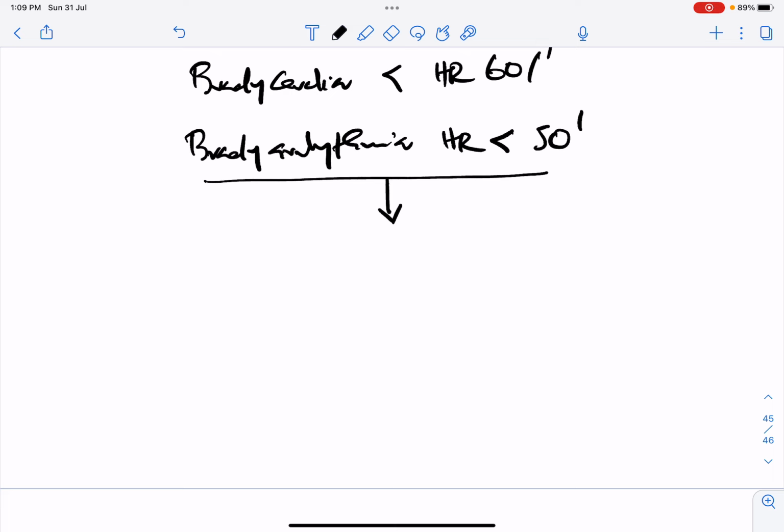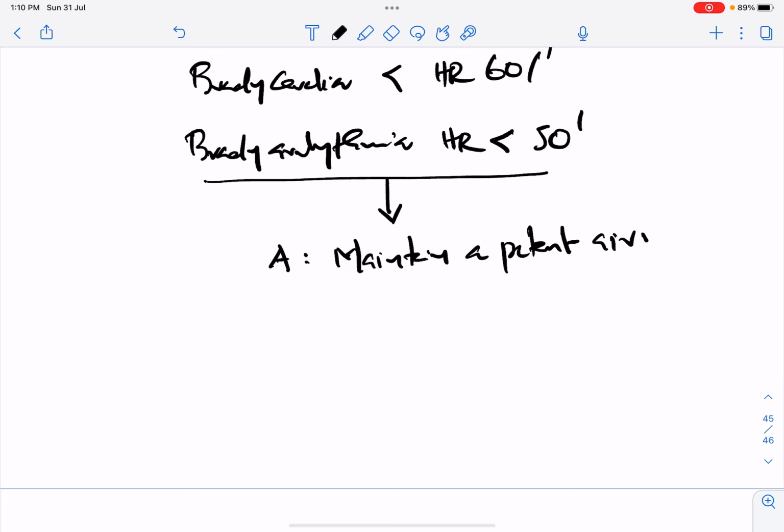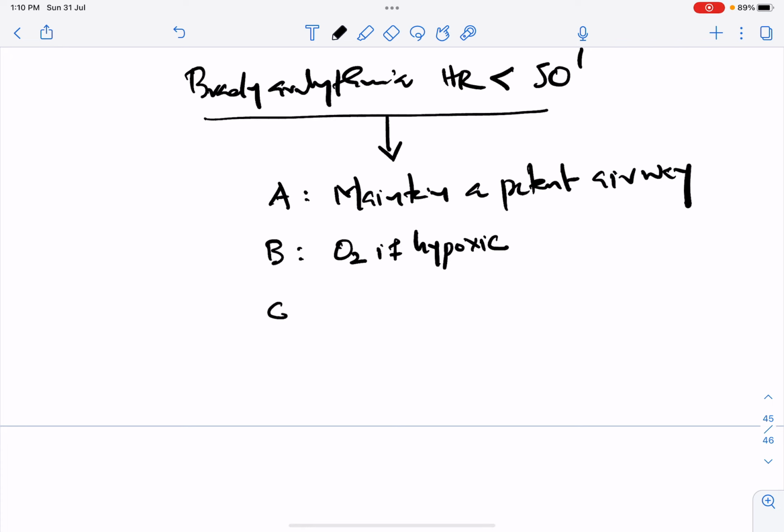Okay, so in the primary survey, our ABCD assessment, first part is airway. So you should maintain a patent airway. First thing is always airway. Then move on to the breathing part. In the breathing part, you have to give O2 if patient is hypoxic. In the circulation part, you have to put an IV line, IV access,